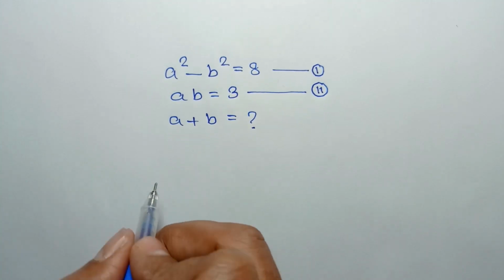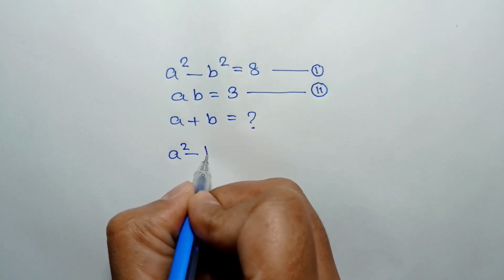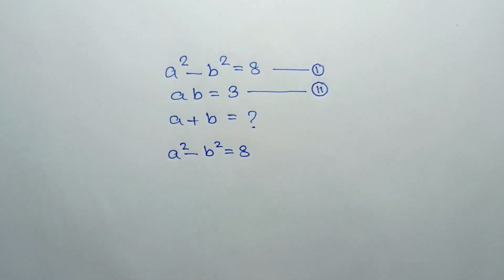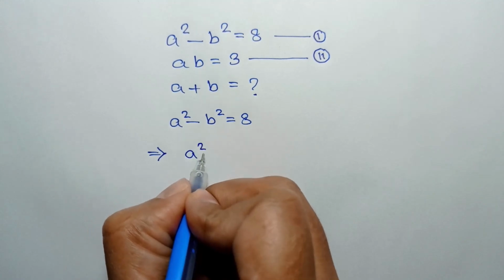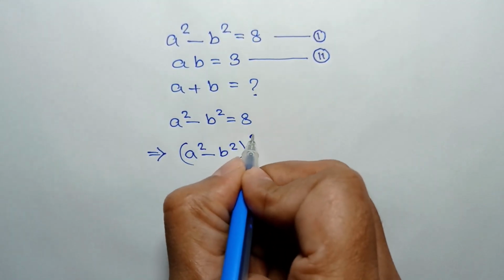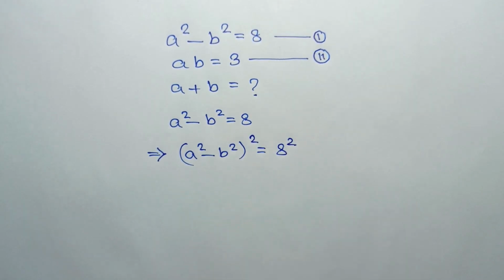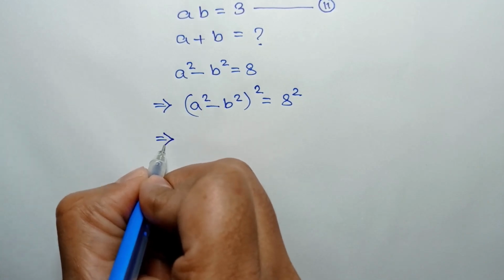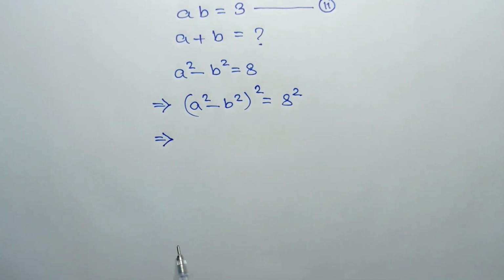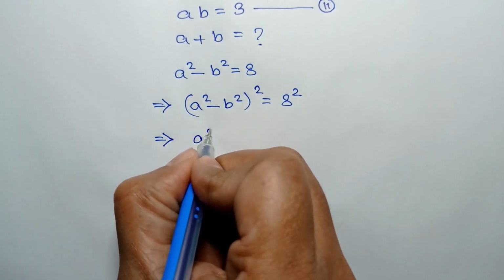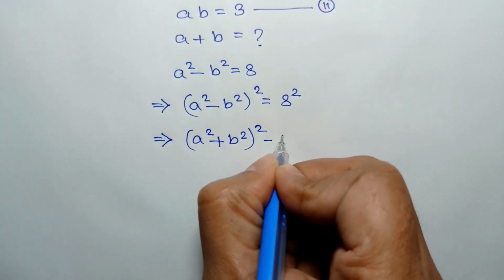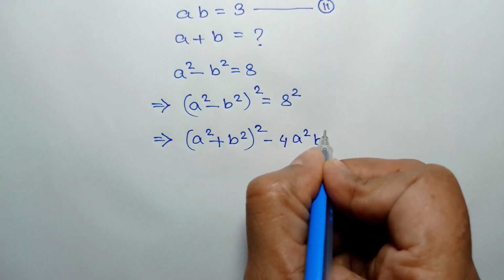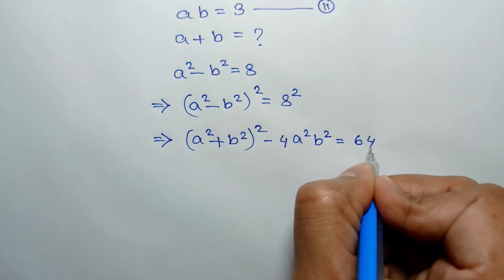Now from equation 1 we can write a square minus b square is equal to 8, or squaring both sides we can write (a square minus b square) whole square is equal to 8 square, or applying the formula (a minus b) whole square is equal to (a plus b) whole square minus 4ab, we can write (a square plus b square) whole square minus 4 times a square b square is equal to 8 square is 64,